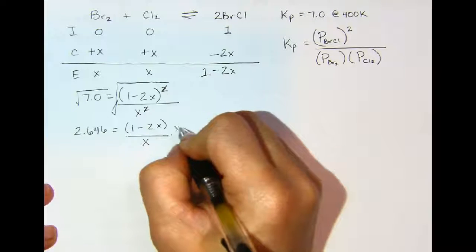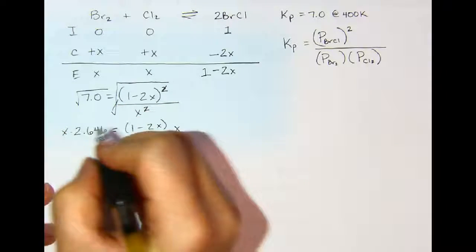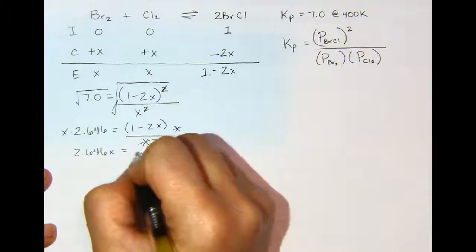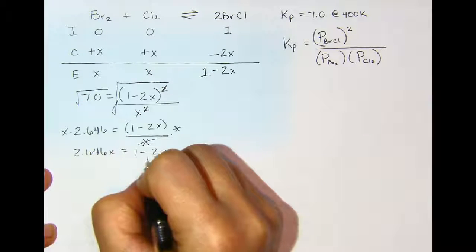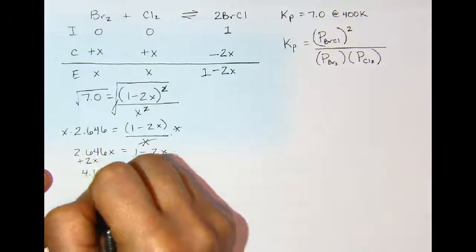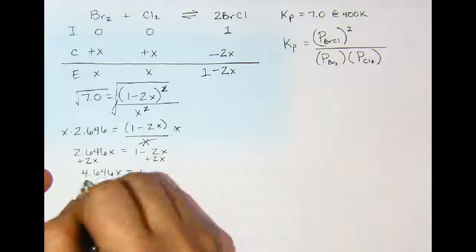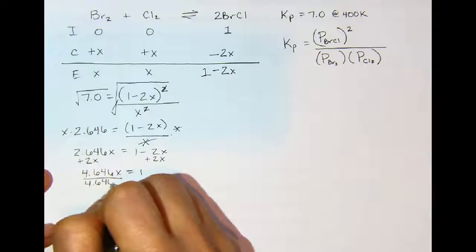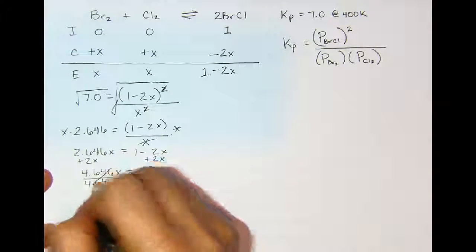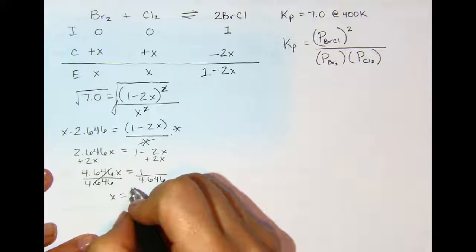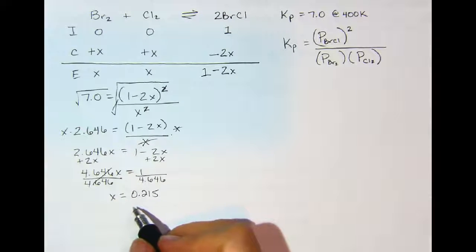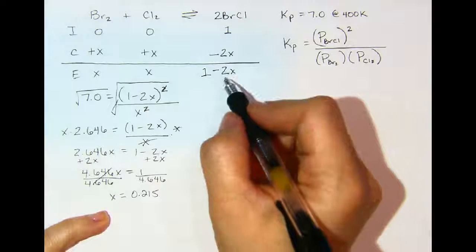I'll multiply both sides of the equation times x, and that's going to give me 2.646x equals, this cancels, 1 minus 2x. I'll add 2x to both sides of the equation, which will give me 4.646x equals 1, and then I'll divide both sides by 4.646. And so this will cancel, and I get x is equal to 0.215. Now, make sure you understand that all we have solved for is what the value of x is in